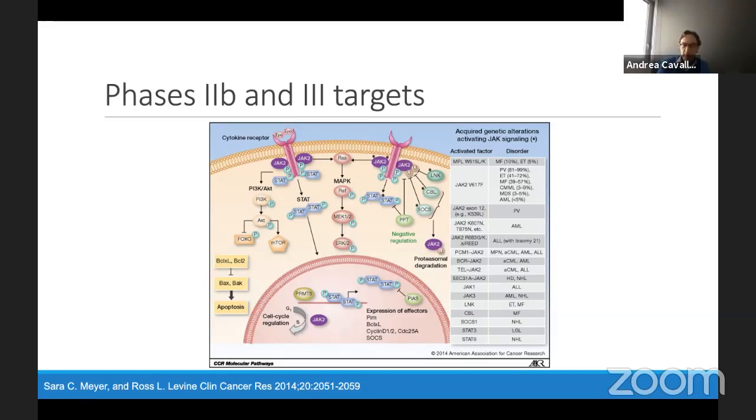And many drugs have been tried in these phases. For example, tocilizumab, canakinumab, which are monoclonal antibodies able to bind to the interleukin 1 and interleukin 6 receptor. But as you may see here, one of the proteins responsible for the mediation of the message through the cytokine receptor is JAK2 and even JAK1. Therefore, JAK1 and JAK2 inhibitors could be particularly suited for blocking the hyperinflammation triggered by SARS-CoV-2